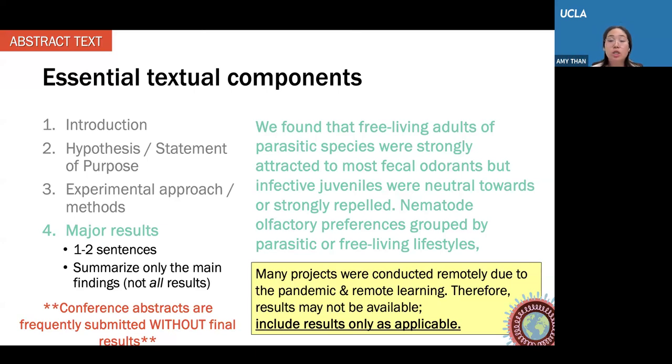Also, many projects were conducted remotely during the pandemic and remote learning, therefore results may not be available. So it's totally fair game to submit abstracts without results. The big picture is selling the research project to be something that's interesting to present at this conference. So that's the main goal, is to convince the reader that this project should be shared at the conference, and